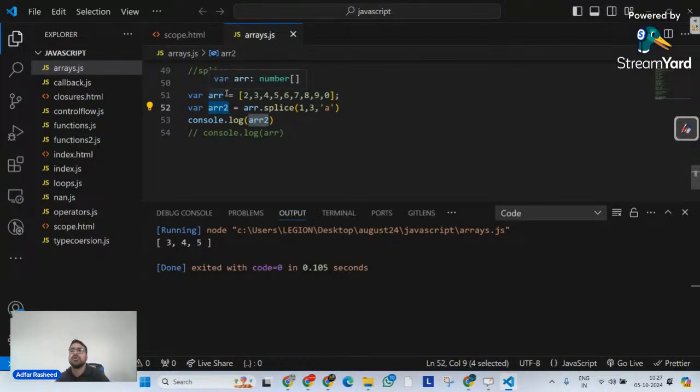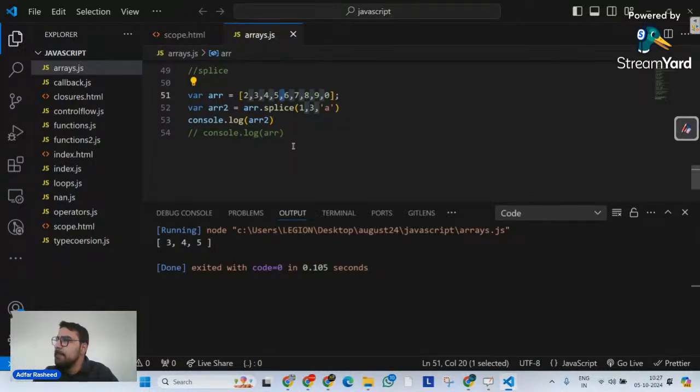Now, I have a simple question to ask you. I don't want to remove any element. I simply want between 5 and 6, I want to insert my name. Simple as that. Tell me in the chat, how should I write splice? Come on, guys. I don't want to remove any element. I want to insert an element over there, a bunch of elements. What am I going to do?